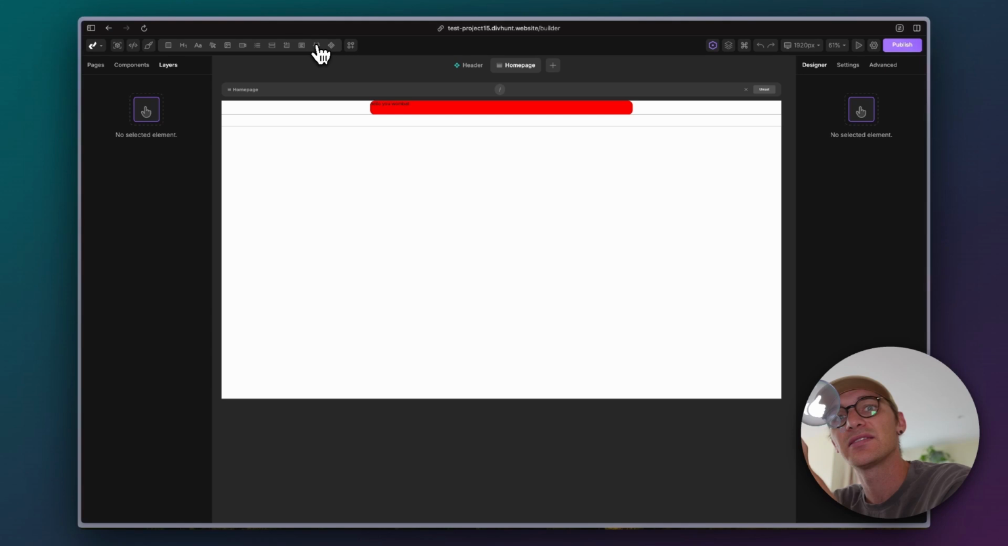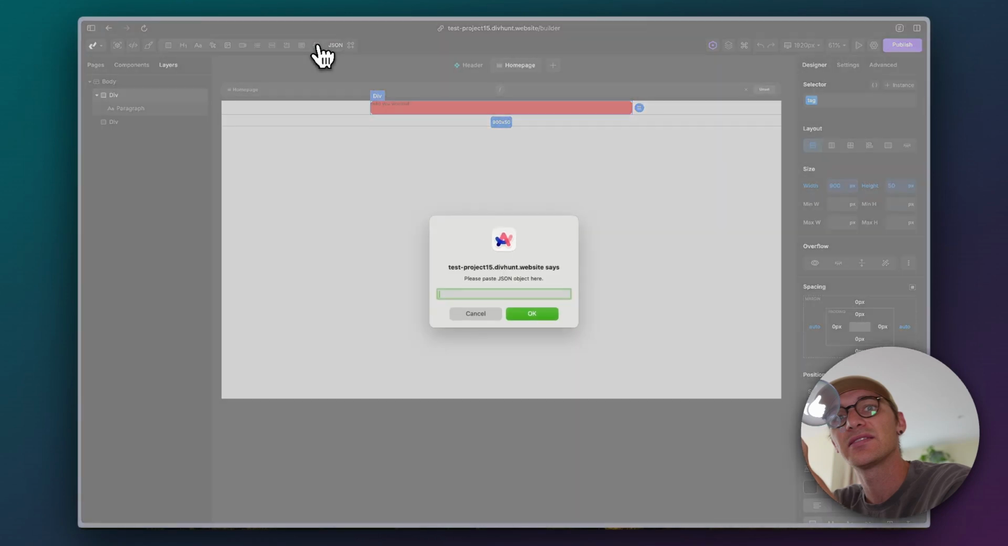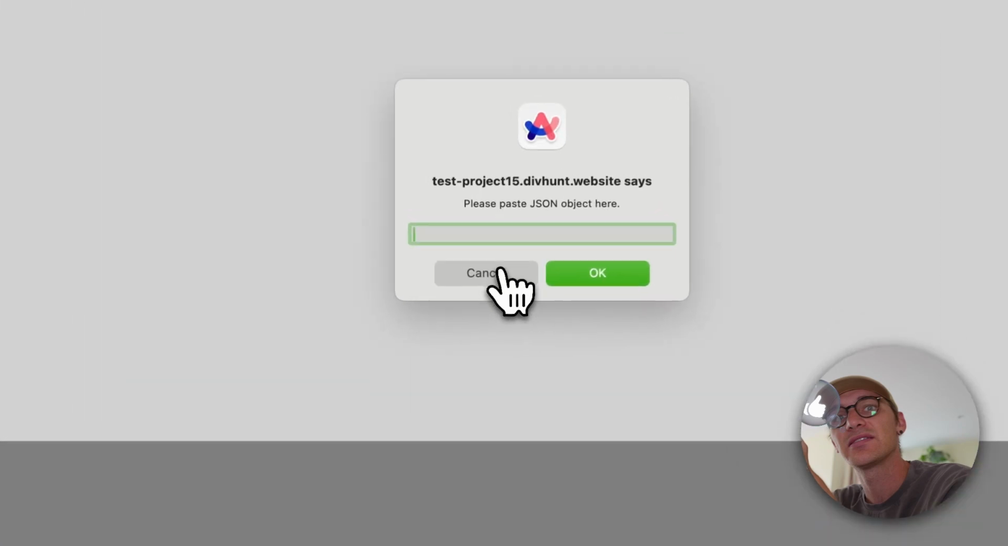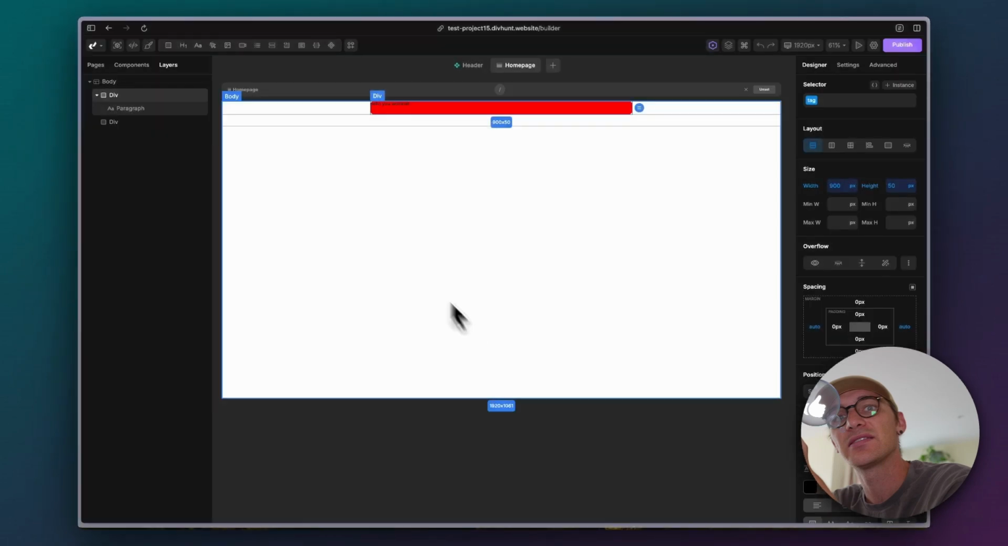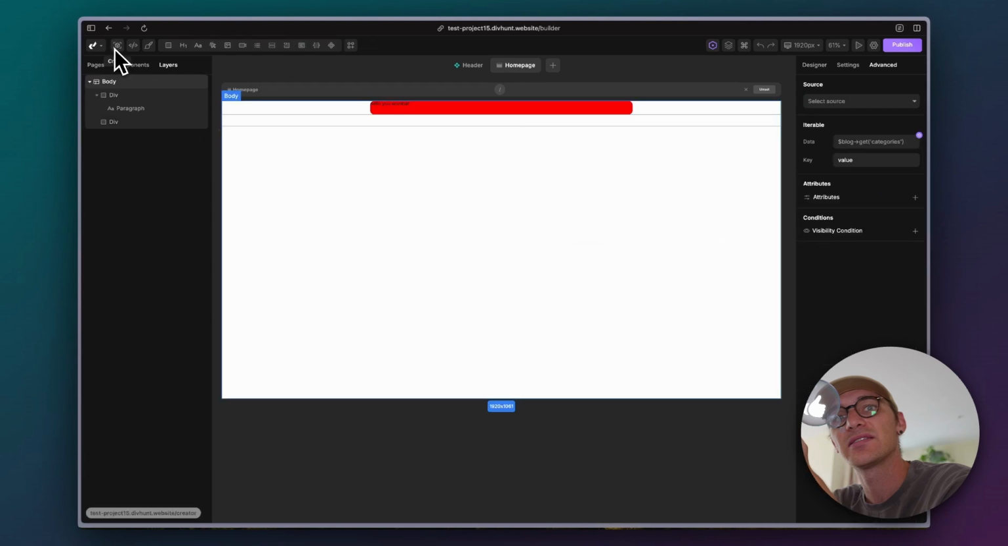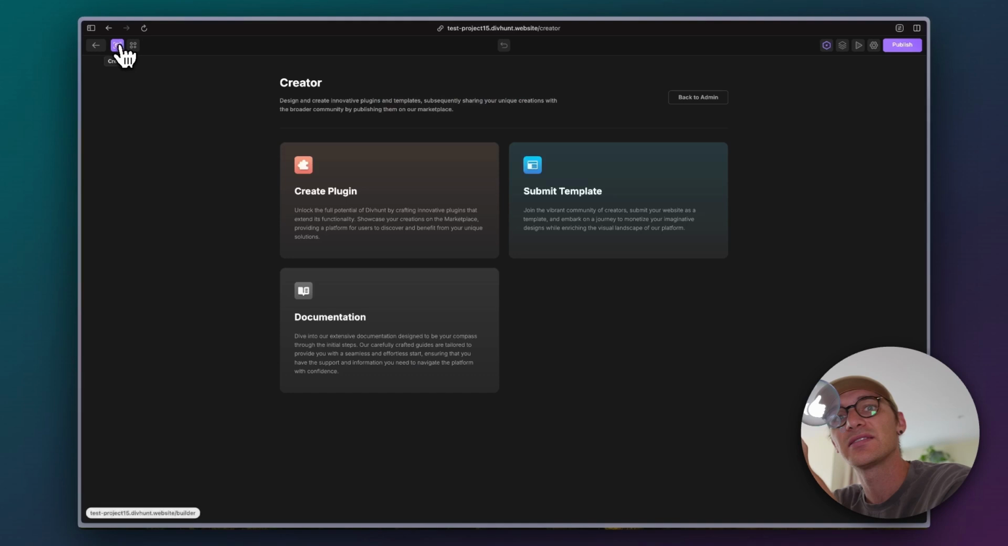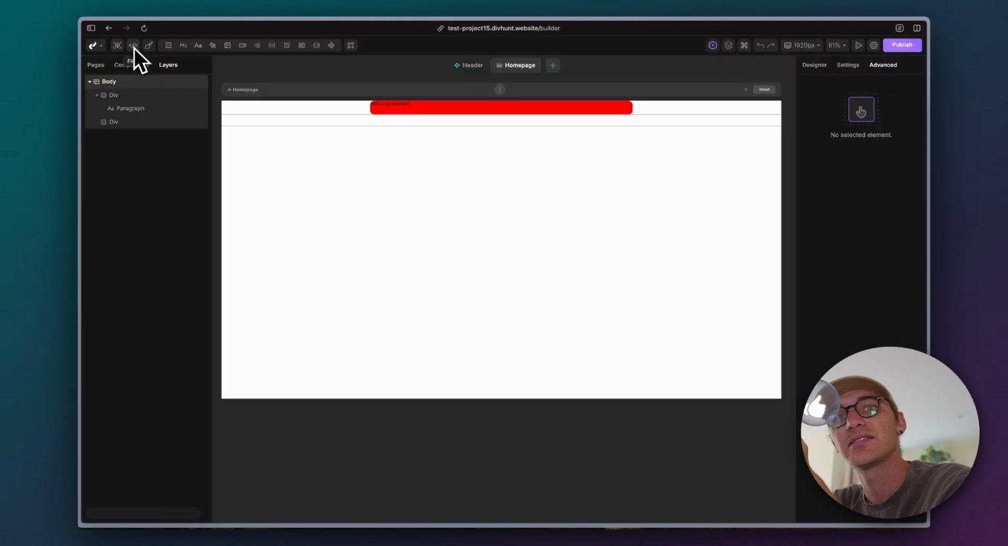I'm interested in this JSON, which doesn't work unless I go like this and go JSON. Please paste JSON object here. I need to make that into a proper window because JSON can be many, many lines long. But I don't know what it is. Where's the CMS as well? What is create plugin? Okay, we know that. Files, styles,